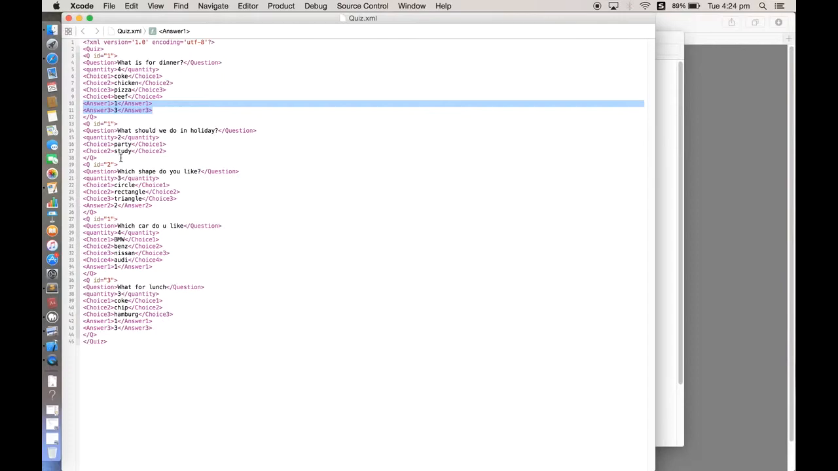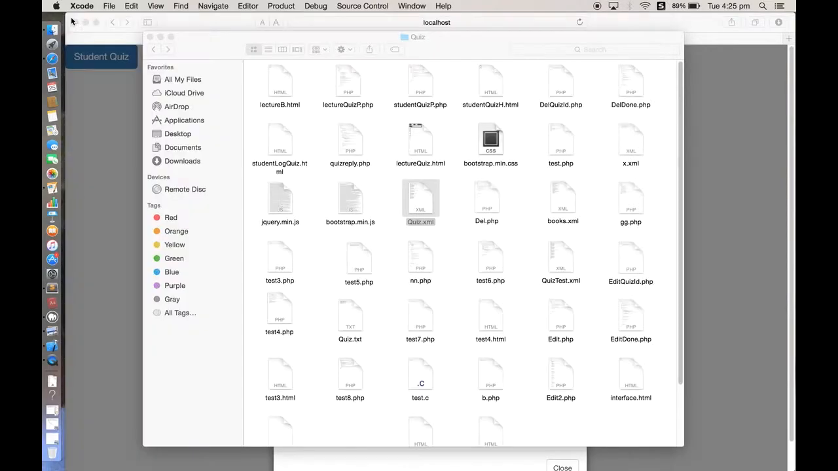We can see that all questions with different quiz IDs are all saved in one XML file. So it's easier to manage it in the database. That's basically what